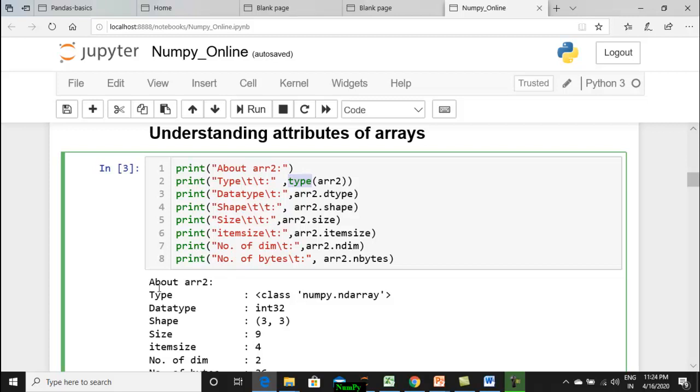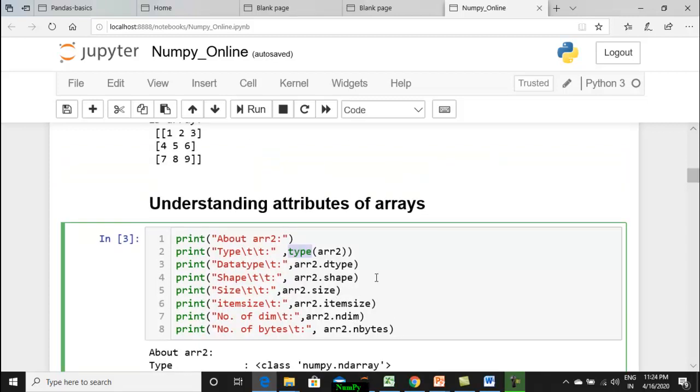It states what type of object you have. Then dtype provides the data type. The shape gives you how many rows and how many columns there are. Size refers to the total number of elements. So if the shape is 3 cross 3, the number of elements is 3 into 3, which is 9.